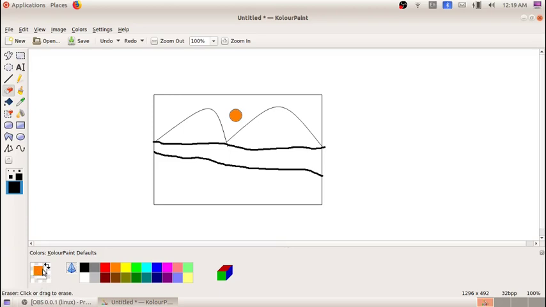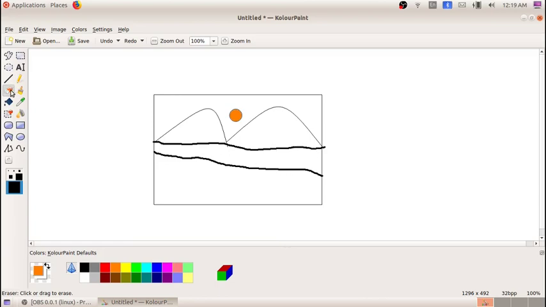So what is the foreground color here? Yes, orange. The foreground color is orange. What is the background color here? Yes, white color. Listen carefully, dear students.